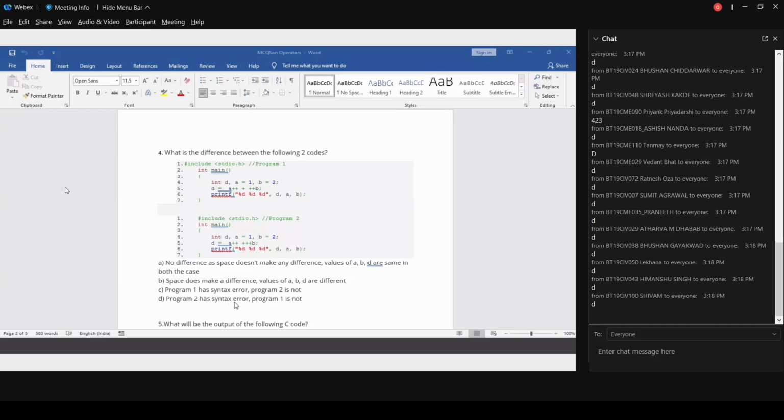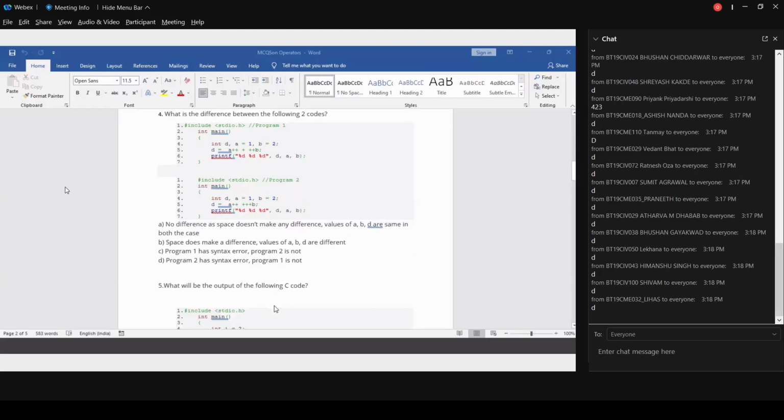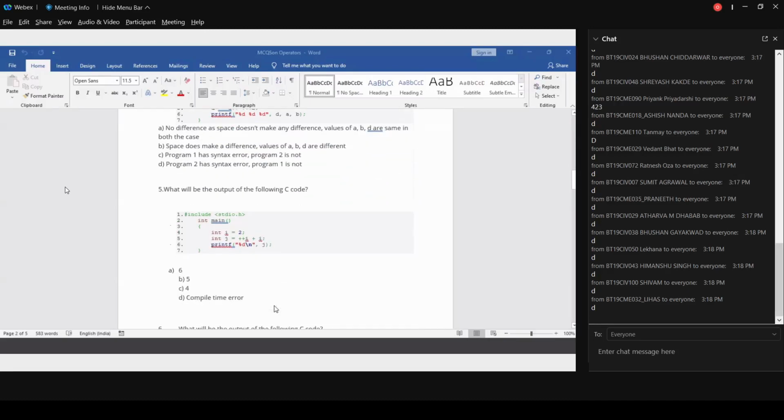Program 2 had syntax error. Here we have A++, then we have space, then plus B, which is not acceptable. You have to write this way: A++, then space, then plus, then space, and then plus B. So your program 2 has syntax error. Program 1 does not. So correct option is D. Then for fifth one,